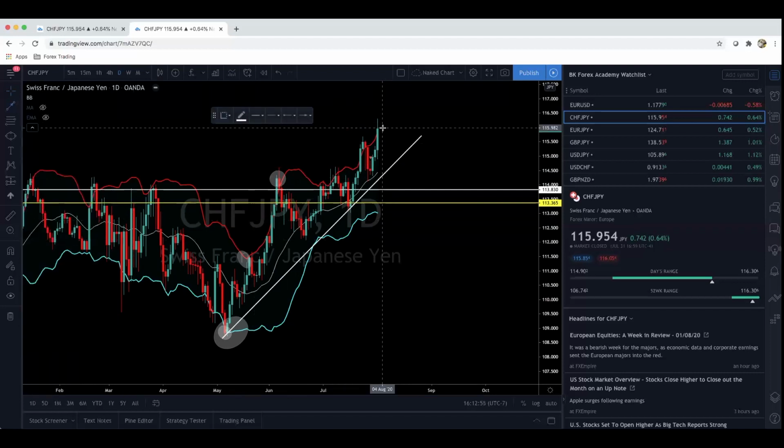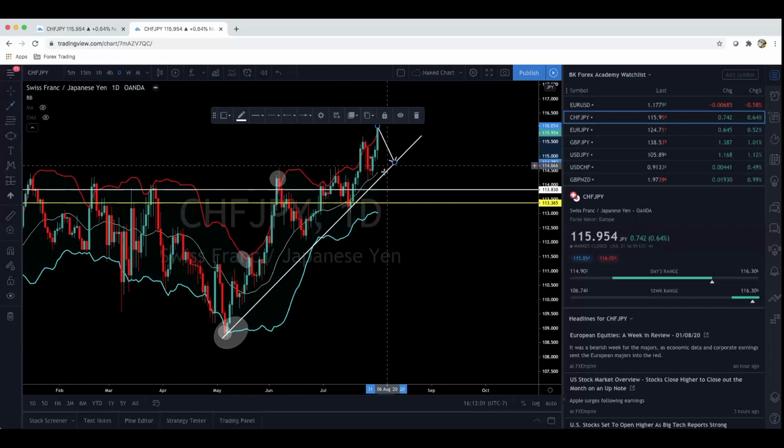So let me grab an arrow here. Now, could price come down to here, to the trend line? Now we have a trend line and we notice that price has respected this trend line. It did not pass that trend line. So the odds of price coming down and hitting this trend line, or maybe barely touching the trend line, is